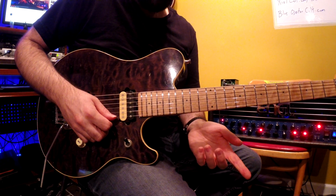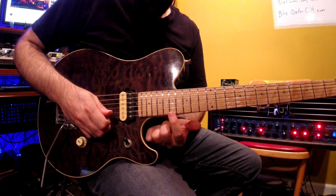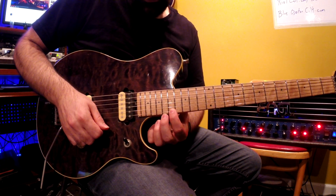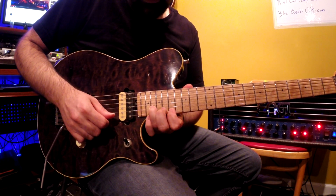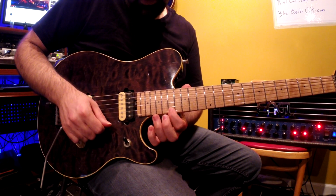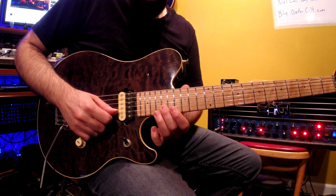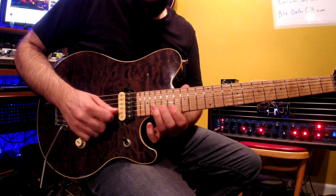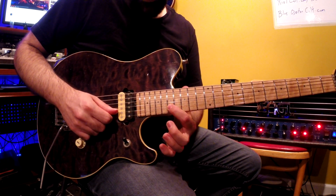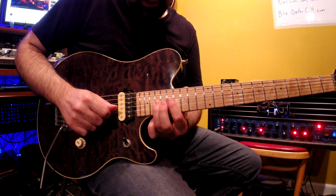All right, this next lick is this faster sequence that goes like this. Starts with your first finger on the 17th fret of the E string. 17, 18. Then the next string, the B string, you're going to do 20. Back to 17 on the E string. Down to 18 on the B string. Then back to 20 on the B string, then 17 on the B string, 18 on the B string,